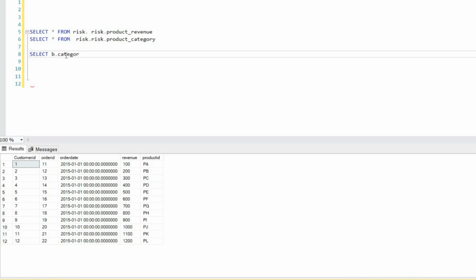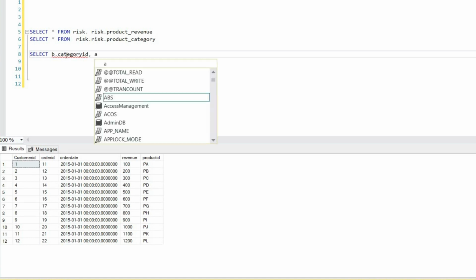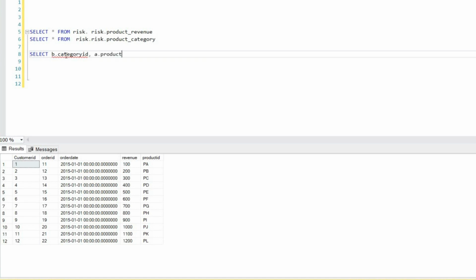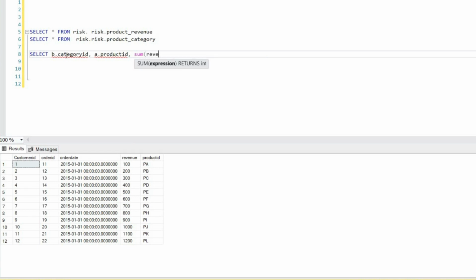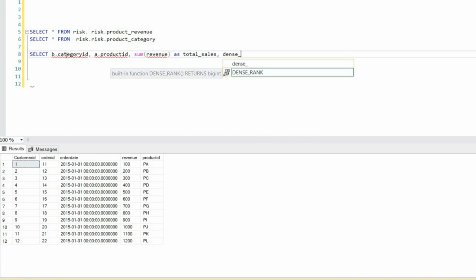I know the name of the column, which is category ID, and then a dot product ID, and then I will do the sum of revenue, because as we know each product can have multiple transactions, so I want to do the aggregation for that. I can write the name as, let's say, total sales, and then I will create a dense rank function to get the rank of each of the products. So dense rank